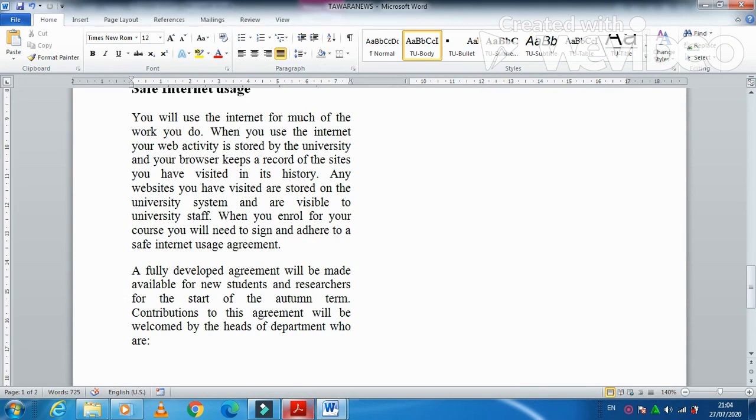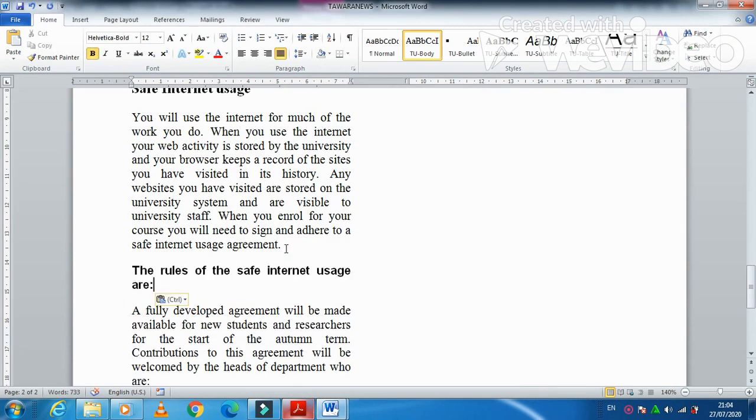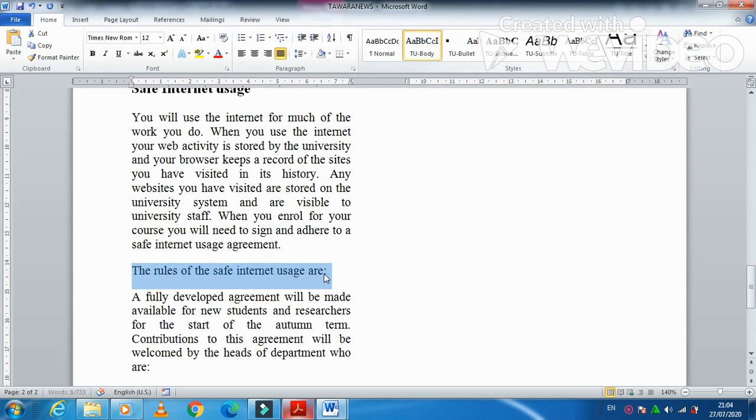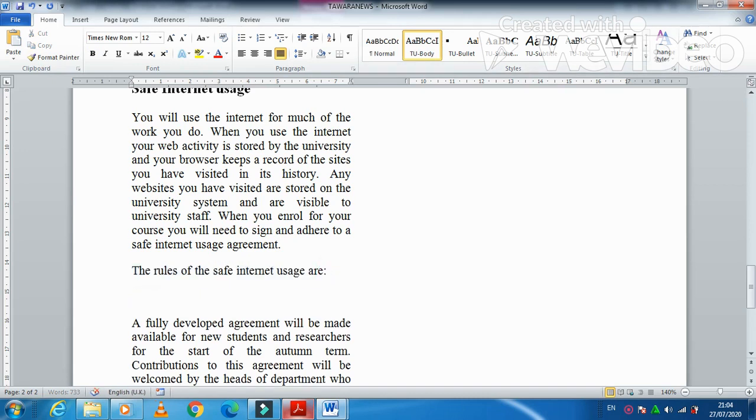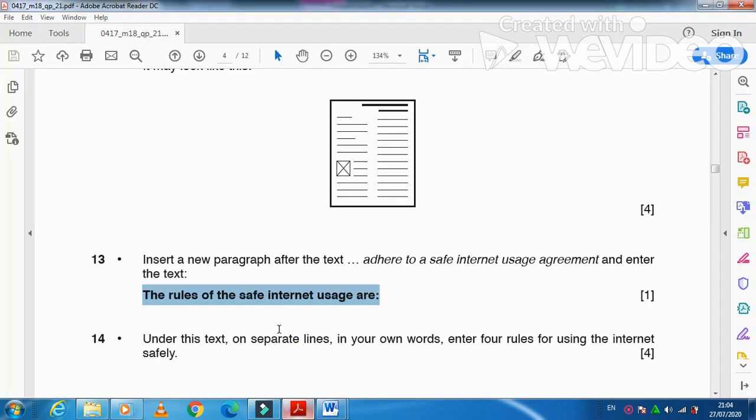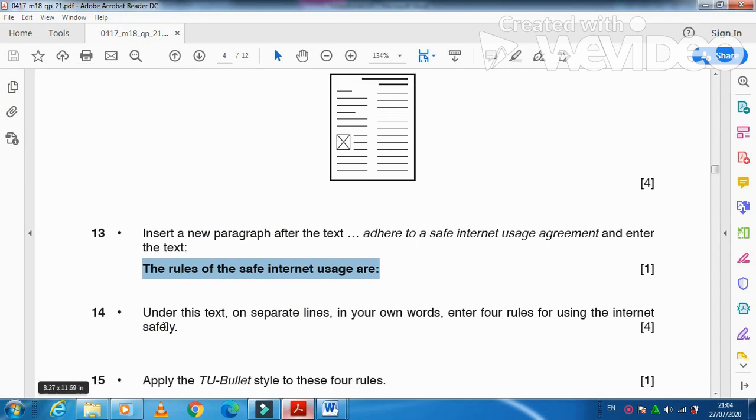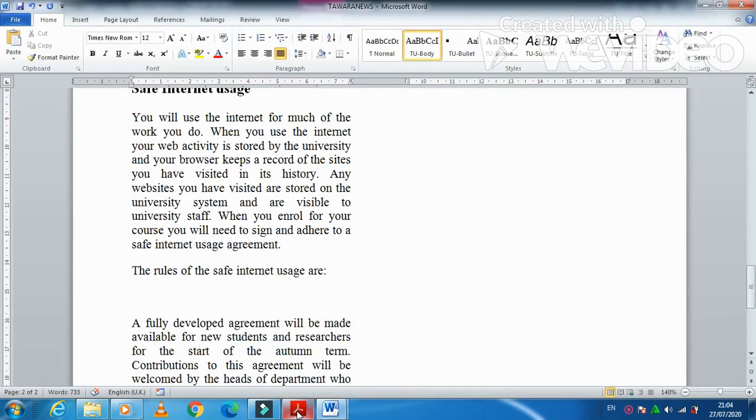So here, new paragraph, yes, and we will select and apply the same body style, and then we need to type: under this text, on separate lines in your own words, enter 4 rules for using the internet safely. So you can type the rules here, for example, that set